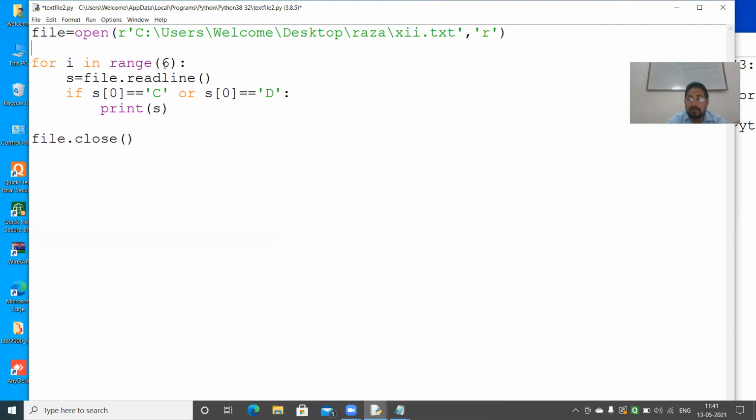So, understood. The first line is read, it is C or D. Then I may even give you a question like count. C equals 0. Count how many lines there are. So C equals C plus 1, I write. And then I will print here